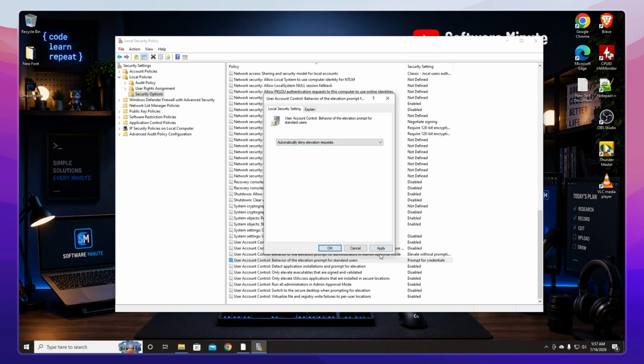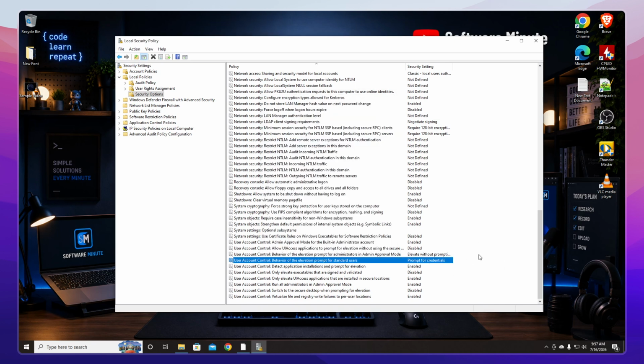And that's it. You've successfully blocked standard users from installing programs and apps on your Windows 11 system, adding an extra layer of